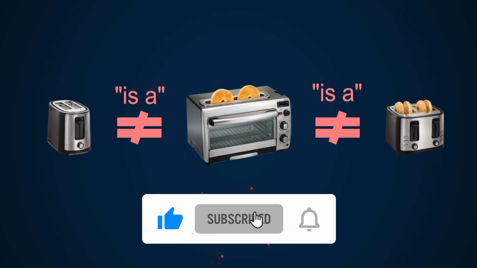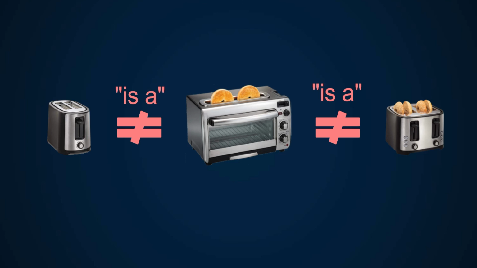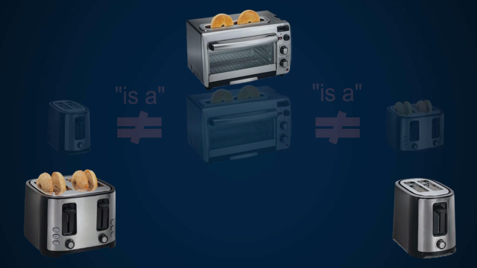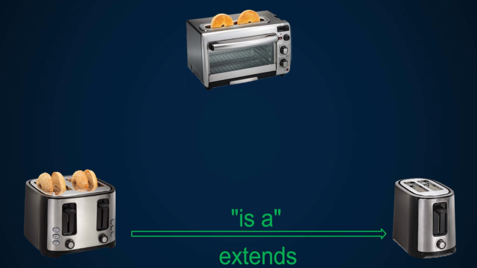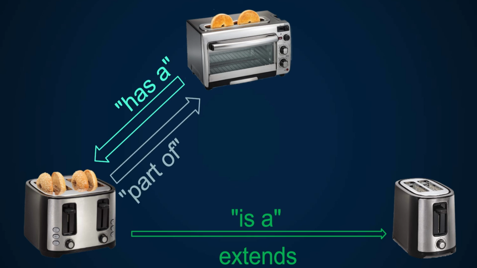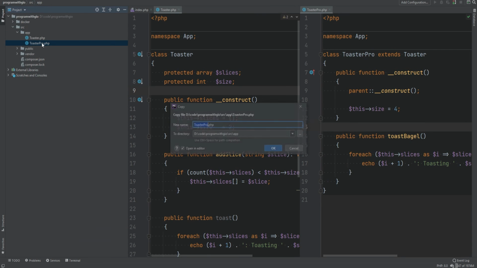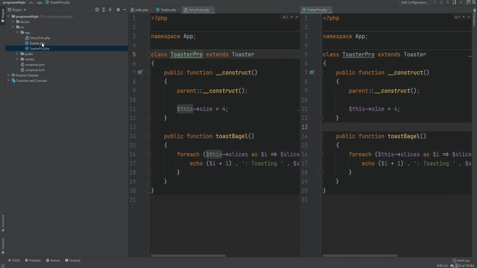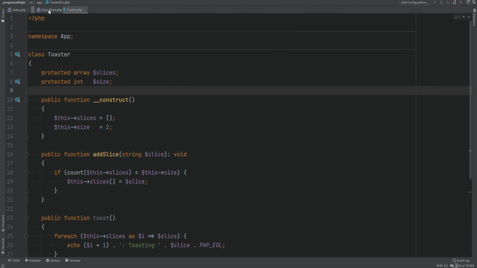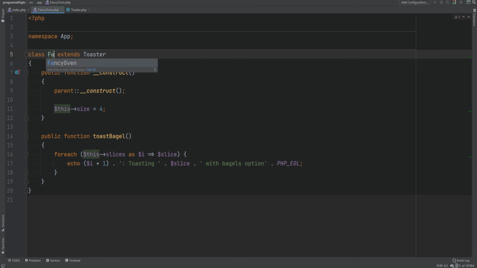So if you think of it another way, if oven is not a toaster and does not qualify for is a relationship, then how would we incorporate toaster into our oven class? The relationship to me sounds like oven has a toaster, or toaster is part of the oven class, right? Let's simply duplicate the Toaster Pro here, and let's name it fancy oven, and let's close this out for now. And we're not extending from anything, and let's delete all these